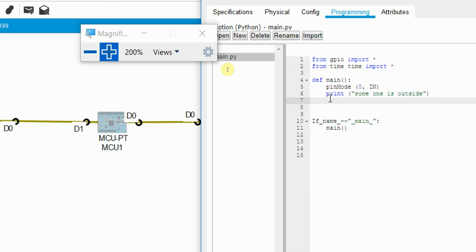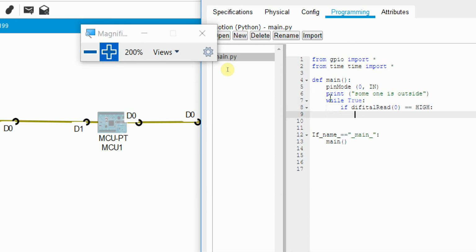After that, I need to write a while loop, while True, so it will run continuously. If digital read 0 is high, I mean 1, what should it do?